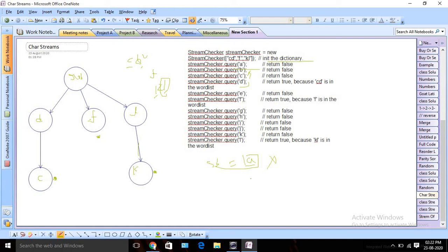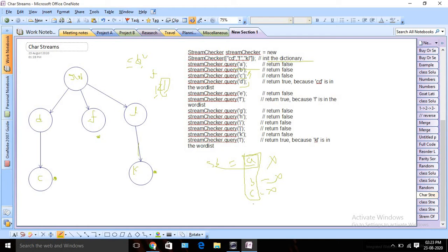Then I check for B. Similarly, we don't have any such word, so we return false. Now C: there is no node for C, so I also return false for C. But we keep adding these characters to our actual string builder.